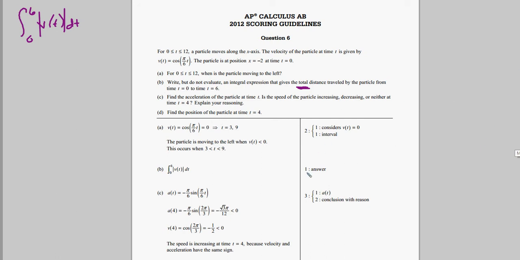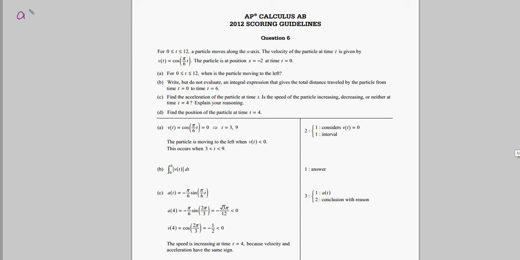So you can see you just get a point there for the answer. If your limits aren't correct in that problem or anything, they will not give you the points. And also don't forget your dt. And then in part C, it is saying to find the acceleration. So obviously you're needing to look for the derivative, and it's just saying at time t,